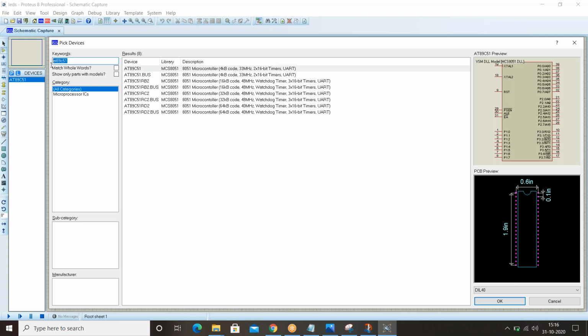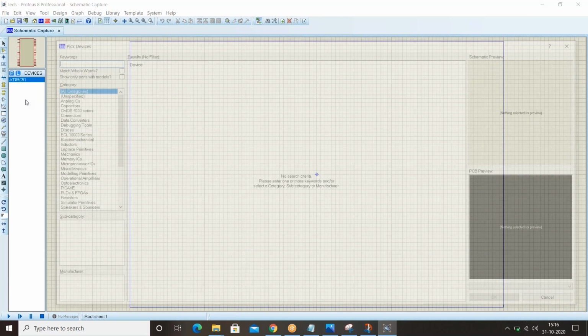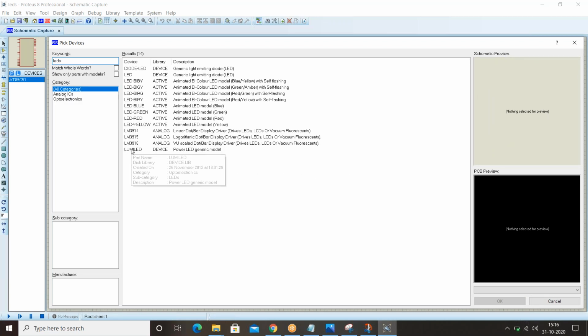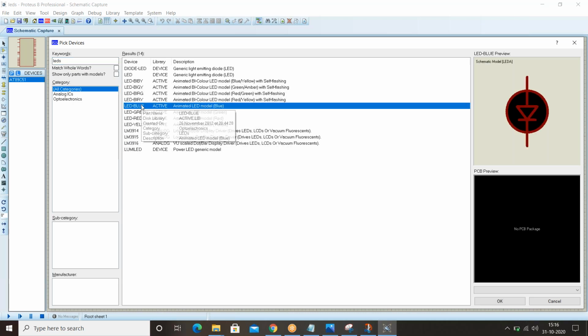Again go to the keywords, like I'll tell you. Again go to pick the device, list of the device, pick the device, type LEDs. You'll get blue, green.